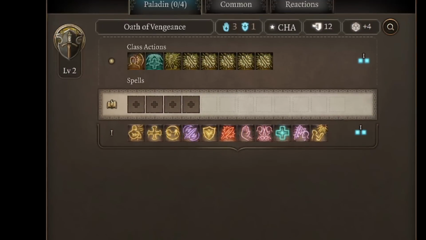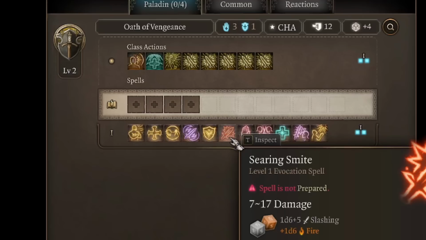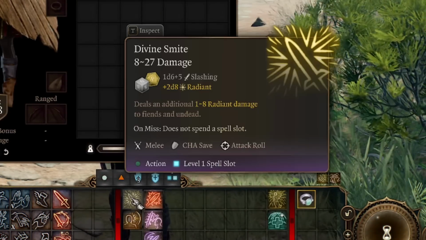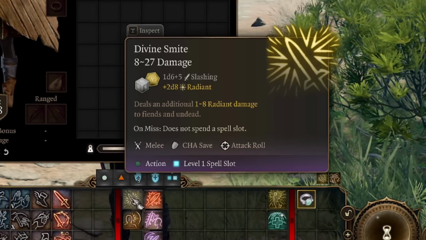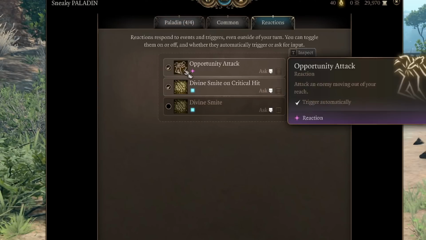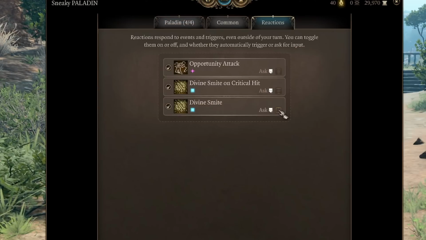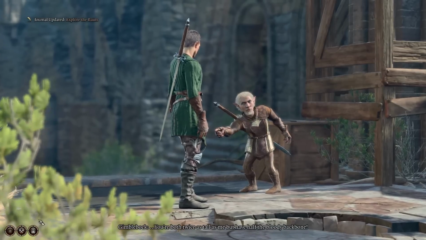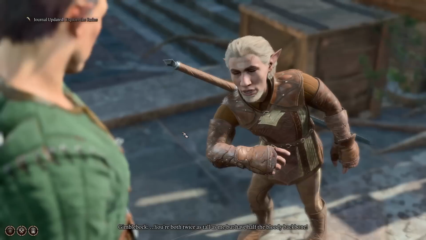Considering limited spell slots and pretty low charisma, we don't need a lot of cool spells for this build, so you can just pick a variety of smites. Still, 99% of the time you will use only Divine Smite for additional radiant damage. And I recommend going to the Reaction tab and turning on all reactions with the Ask button. This will give us a lot more control in combat, but before we enter the battle, let's get level